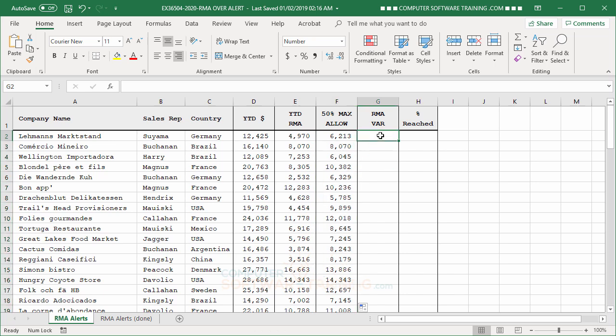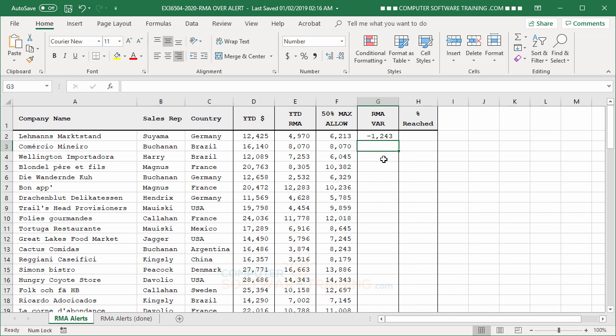Now the next one is figuring out that variance, or that difference. So we're going to say equal, and take what's in E2, the RMA, or the amount that they've returned so far. Then we hit minus, and subtract that from their allowance. So this is what they've returned, and this is their cap. We click onto that, and that ends up giving us the fact that they still have